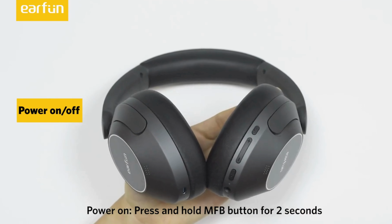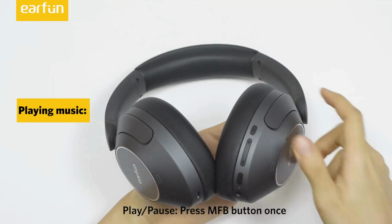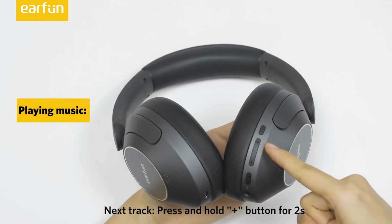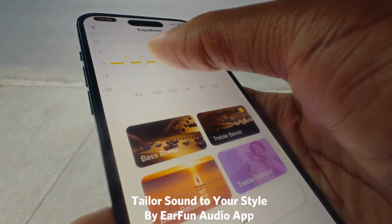If you are looking to keep your upgrade or gift budget well below $100, the Wave Pro should be on your shortlist. The headphones' noise cancellation is solid, considering their price category. Over weeks of testing, the Wave Pro successfully reduced the traffic noise underneath my living room, allowing me to focus